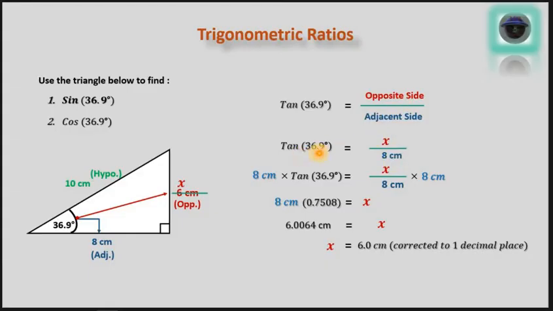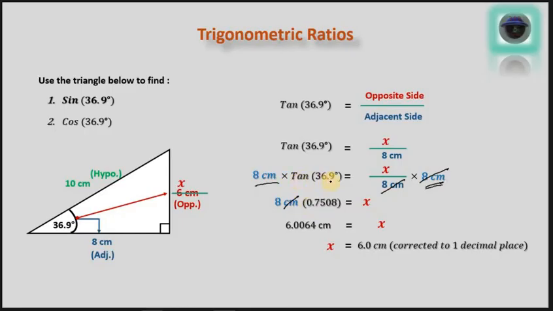So we simply multiply tan 36.9 degrees times 8. But it's a different method. This method is simply getting rid of the denominator by multiplying by 8 itself. So what will happen here is that this will cancel out this. And since we multiply this side by 8 centimeters, we also multiply this side, which is tan 36.9 degrees, by 8 as well. So this gives us x equals 8 multiplied by tan 36.9. So in your calculator, you simply put 8. You wouldn't put centimeters in your calculator. You simply put 8